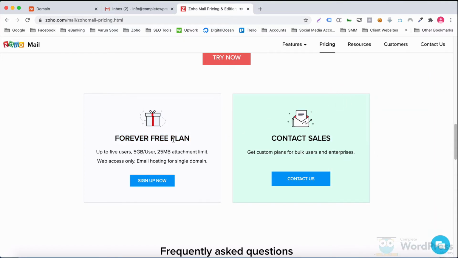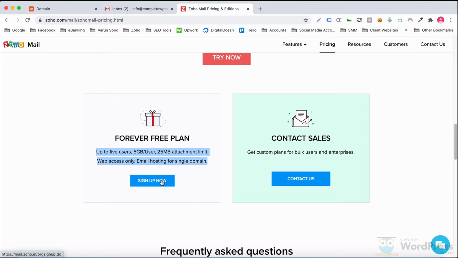This is a nice offering and is suitable for most individuals and small businesses. The only thing missing is the ability to configure your email on an email client through IMAP or POP. This plan offers web access only. To be honest, this is a deal breaker for me for my primary business. However, I use this forever free plan for many other small websites that I own.